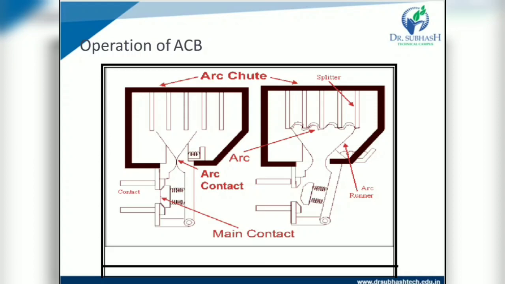Here the blowouts consist of steel inserts in the arcing tubes. These are so arranged that the magnetic field induced in them by the current in the arc moves it upward still faster. The steel plates divide the arc into a number of arcs in series. So it is a splitter.